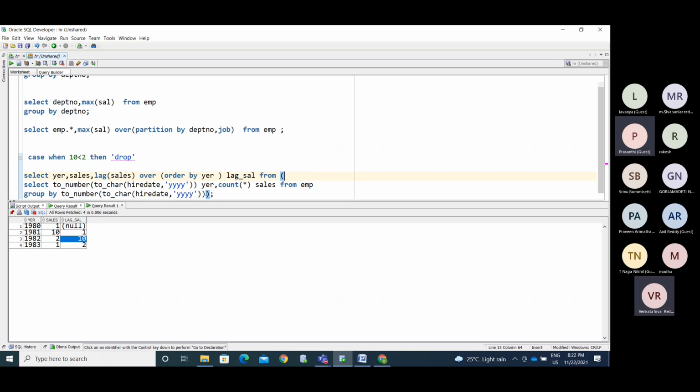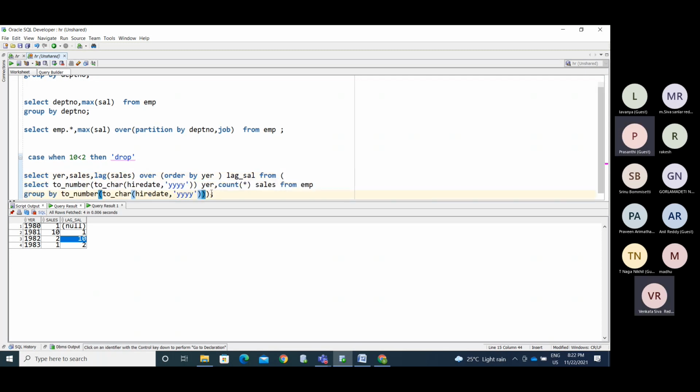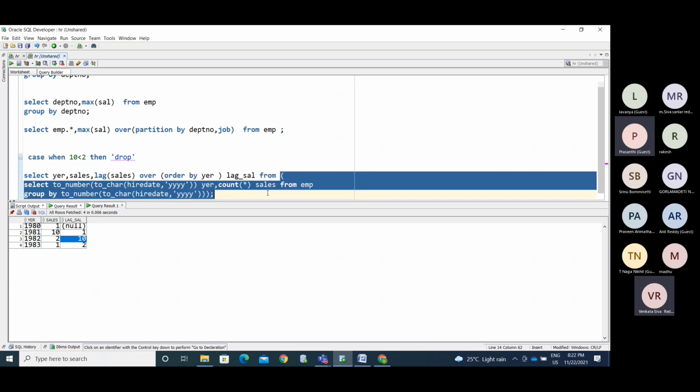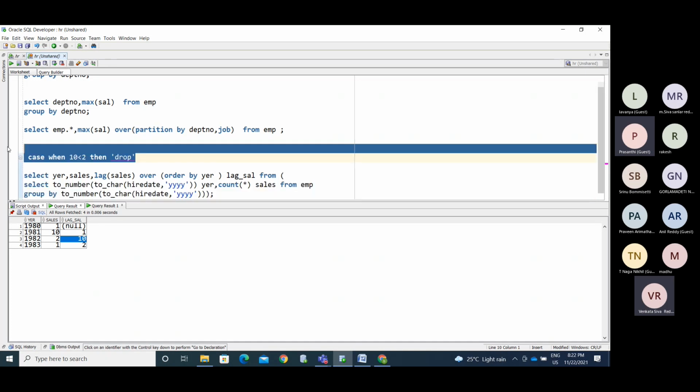I pass a query instead of a table name. If you pass any query instead of a table name, we call it an inline view. You know how to use the case statement, so make it like case and perform this and get back to me by tomorrow with results.